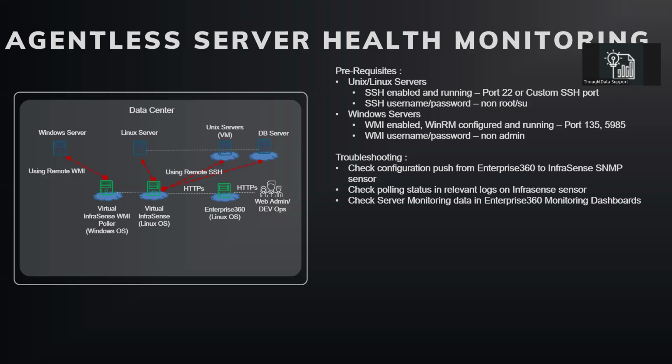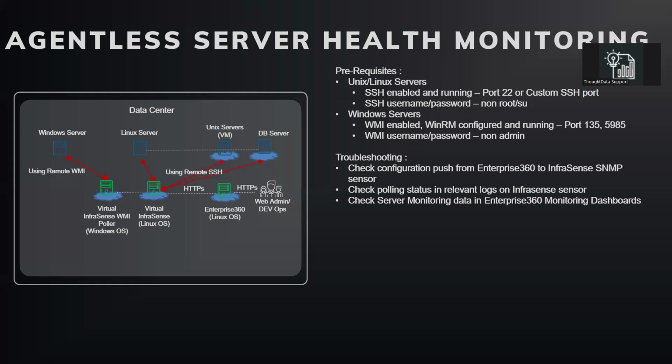operating systems, including Red Hat, Fedora, CentOS, various Linux flavors, older versions of Unix platforms like HP UX, IBM AIX, all kinds of Unix operating systems are supported in Enterprise 360. And these servers can be running different kinds of applications as well. The monitoring happens at the operating system level, so it doesn't really matter what kind of application is running on